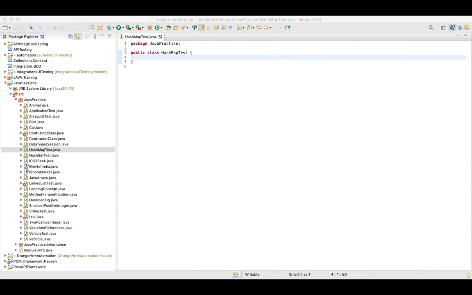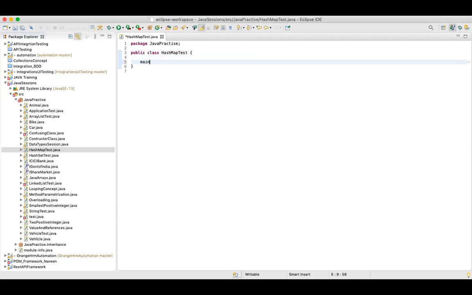Hash map implements the map interface, and it allows you to store key and value pairs. Let's say I have a main method, and I can create a hash map.